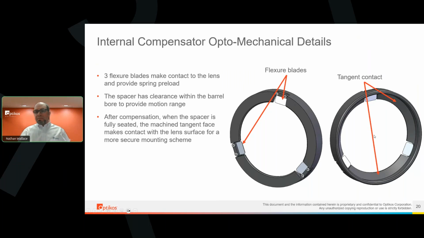So if I back off my retainer, I have the flexure tabs. Those are applying my preload. Once I move my lens and I'm happy with where it is at, I can then tighten my retainer and then go to the more standard tangent contact on my lens. I can tighten that. Now I have something that's firmly attached,